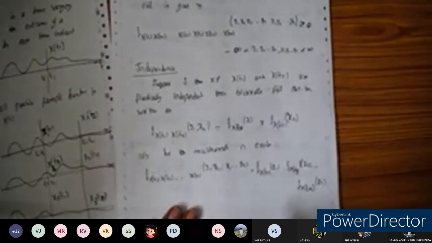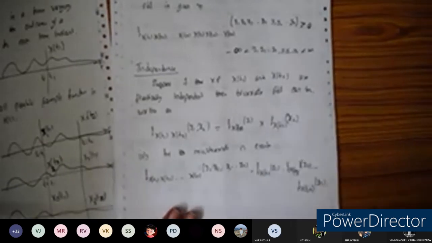We can call those things random in nature. We can't predict that. Based on that, we need to design the receiver. We need to give enough strength for the transmitter to transmit the signal, and in the presence of noise, we should make sure the signal does not get deviated, so that no error is encountered during transmission. All those things will be defined in terms of random processes. These are the parameters which will be considered here. So we are done with the multivariate random process.